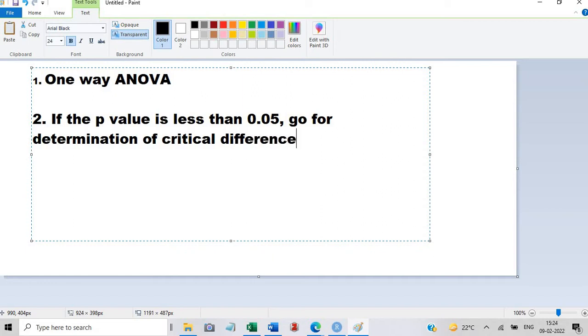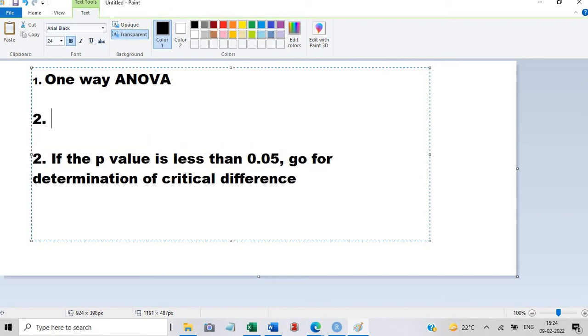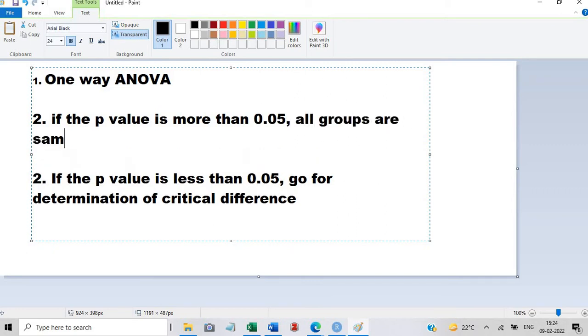Let me make one more statement here. If the p value is more than 0.05, all groups are the same.